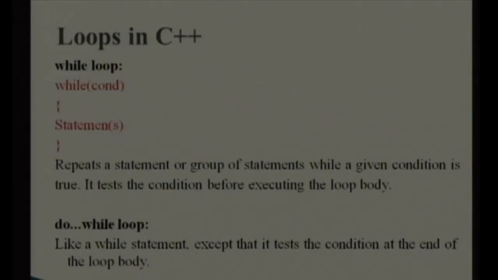But if you are very sure that your loop is going to run at least once, then what you may use? You may use do while loop. In do while loop, what we do? We enter in the loop without considering the condition. We check the condition after completion of the activities inside that particular block at least once, right. It means after completion of the loop we check the condition, but in while loop before entering in the loop we check the condition, right.